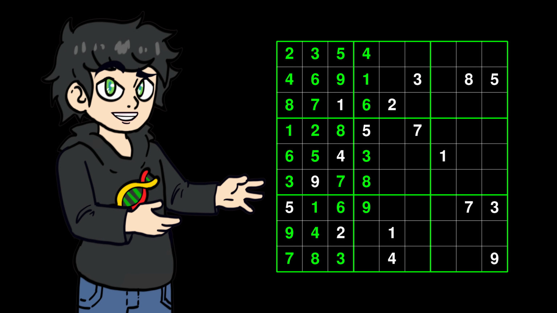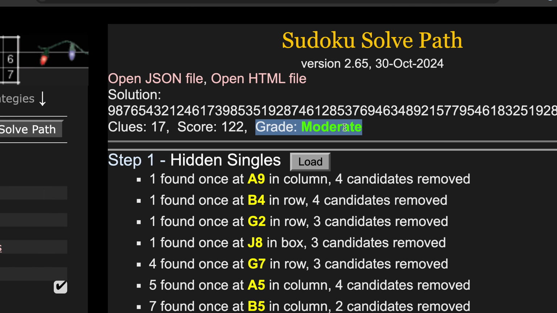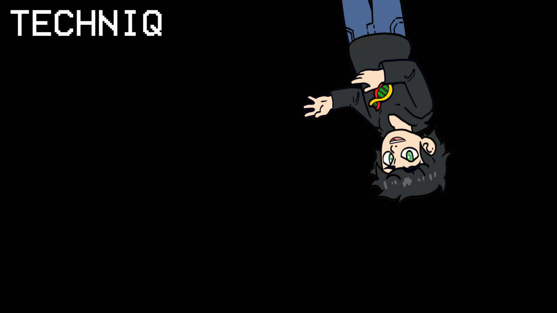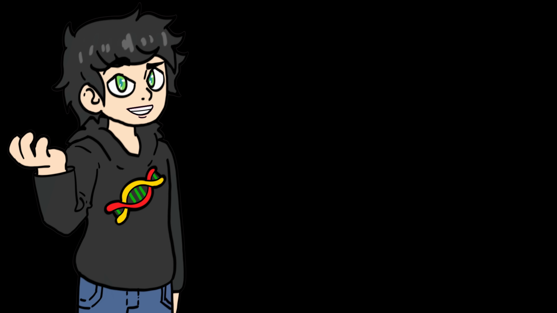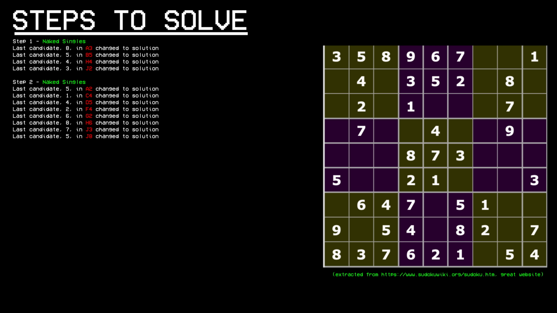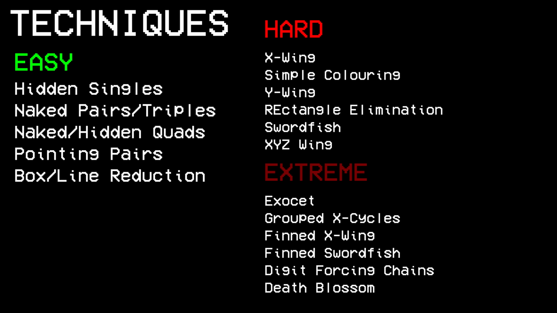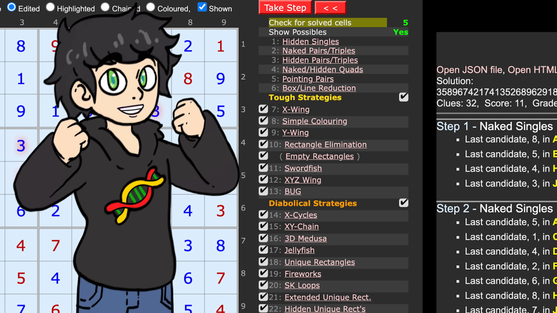Okay, so if this is hard for a computer, is it also for humans? Turns out, not so much. For us mere humans, the difficulty of a Sudoku depends on the techniques used to solve it. For example, these are all pretty easy techniques. So if you can solve a Sudoku using this, then we rate that Sudoku as easy. However, if we need to use more advanced techniques, then the Sudoku is rated as harder. And this is gonna come in handy because my final goal for this video is to build the world's hardest